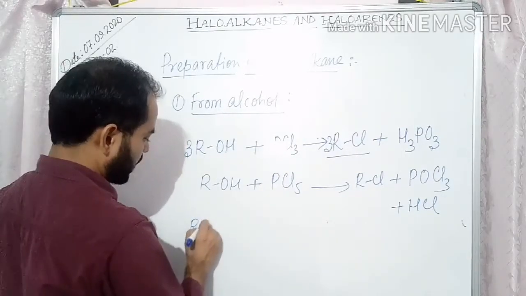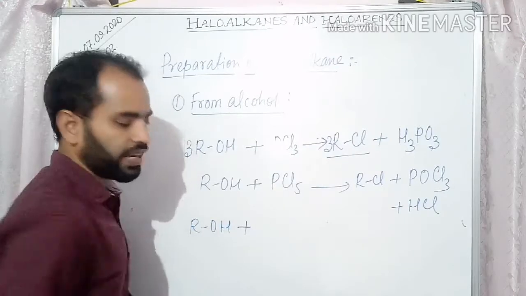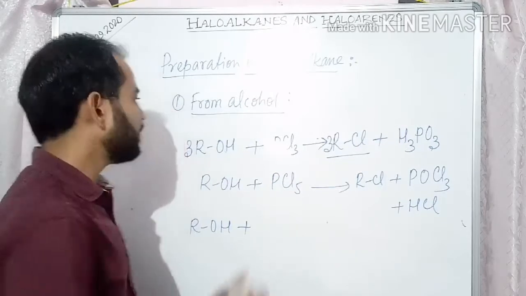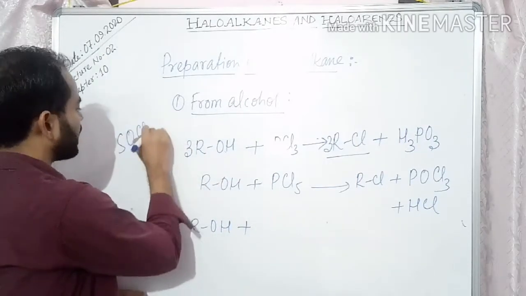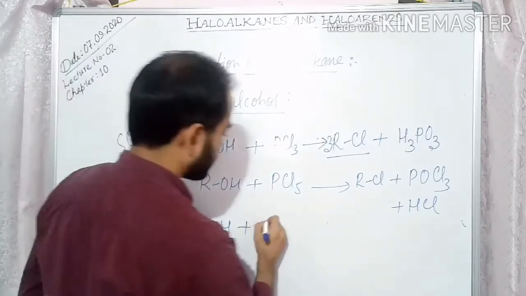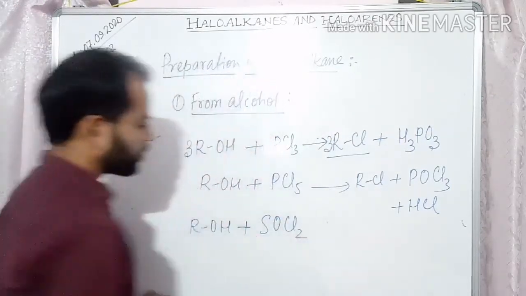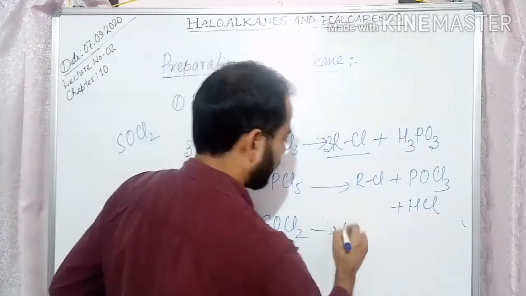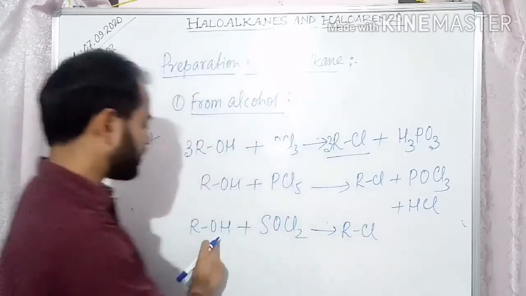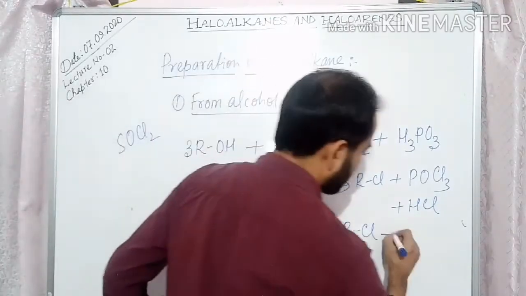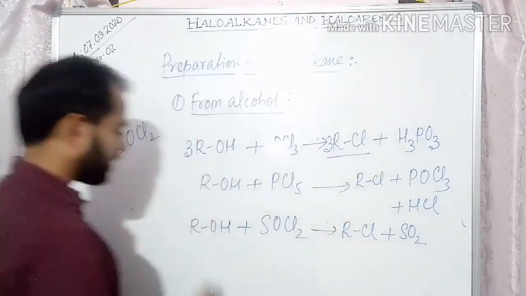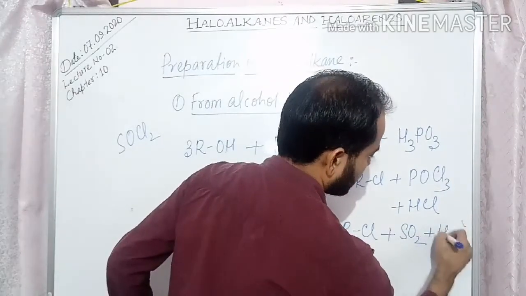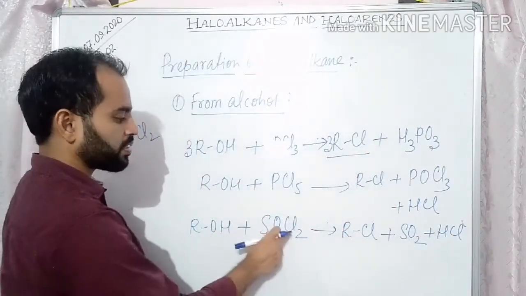Another way we can prepare is by reacting alcohol with thionyl chloride. What is thionyl chloride? Thionyl chloride is SOCl2. So this is called thionyl chloride. So if we react alcohol with thionyl chloride, then it forms RCl, OH is replaced by Cl, plus sulfur dioxide, SO and 1 O from here, it will form sulfur dioxide, plus HCl, remaining H and 1 Cl from here